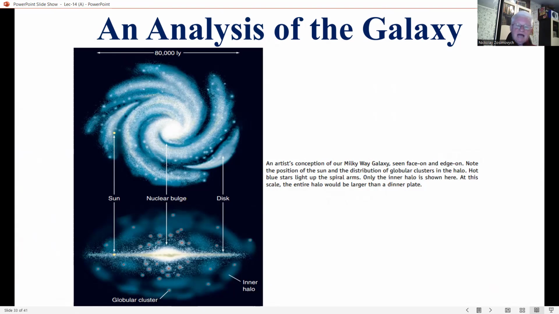This is the diameter of the luminous part of our galaxy. The part you would see from a distance, and you will learn later that strong evidence suggests that our galaxy is much larger than this, but that the outer parts are not luminous.